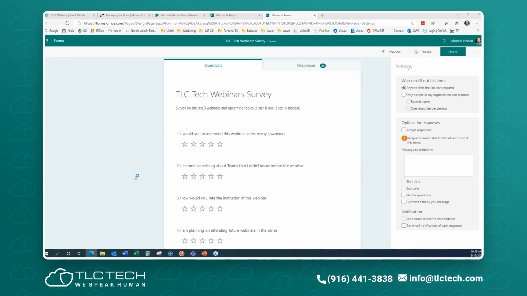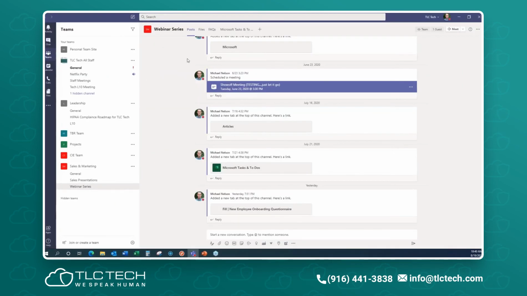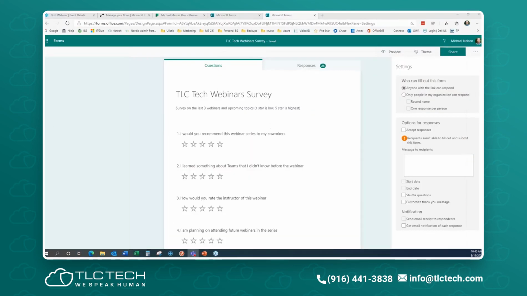Okay, so I'm going to show you now adding a form to Teams. I'm going to launch my Teams. That's where we started, with everything on Teams. The first 3 webinars were on Teams. Let me get this prepped and ready real quick so that I don't embarrass myself. I've done live webinars where somebody typed me something that I was not expecting. So I've already got this.